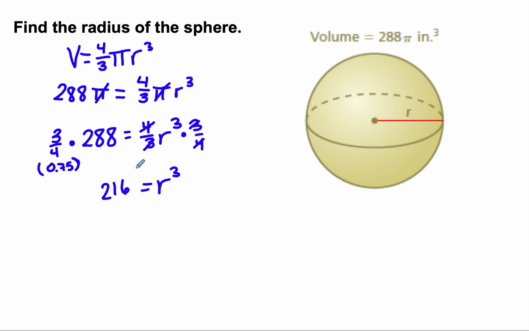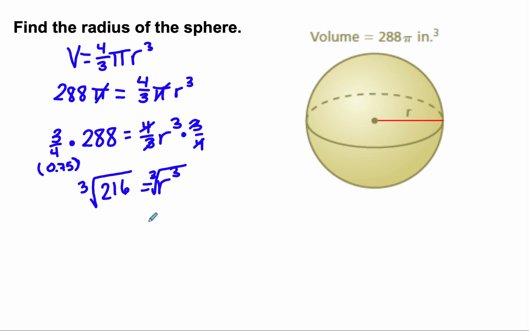Now this part of the book is from an 8th grade chapter, and they assume that you've done equations with roots, cube roots and square roots, which of course we haven't gotten to yet because we're still making our way through the 7th grade chapters. But in an equation that has an exponent, the opposite of cubed, to the 3rd power, is a cube root. So we're going to do the cube root